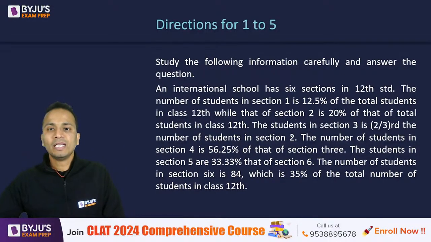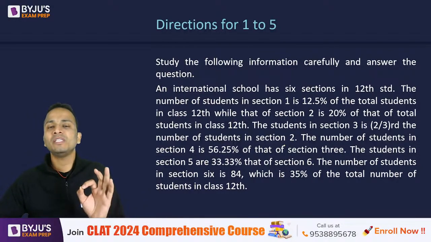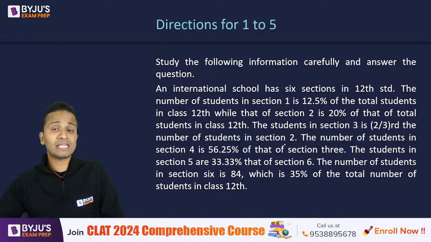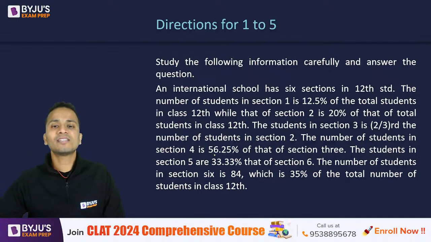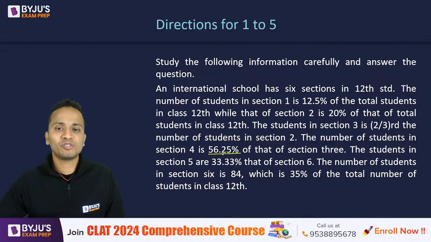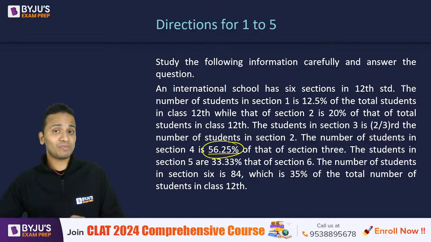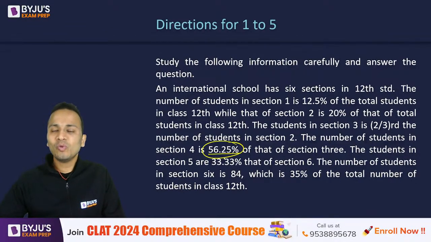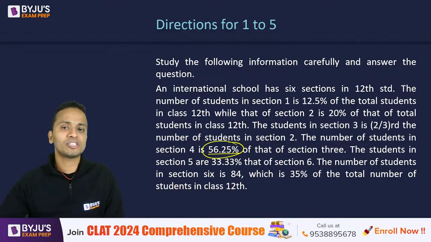All right. Now reading further, the students in section 3 is two-thirds the number of students in section 2. So section 2 and section 3, there has been a relationship that is established in this. Further, the number of students in section 4 is 56.25 percentage. Now here, this is a bigger test to all of you. All right. So in this passage, you will have a lot of learnings as far as handling percentage calculations is